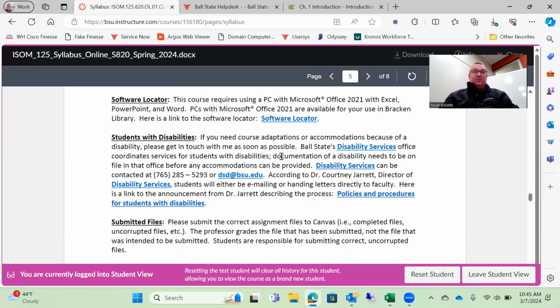Students with disabilities. If you need course adaptations or accommodations because of a documented disability, please get in touch with me as soon as possible. I'm providing a link right here for Ball State's Disability Services Office. This office will coordinate services for students with these disabilities. You need to provide documentation of disability needs, and have that on file in the disability office before any accommodations can be provided. Disability services can be contacted at